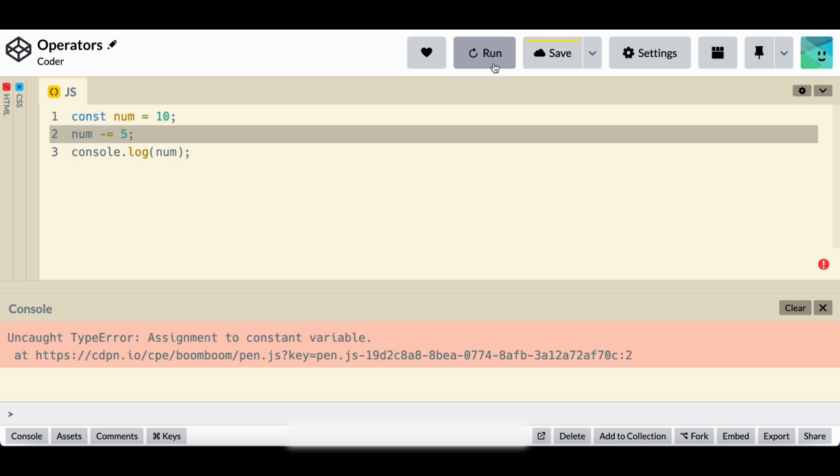In next video we'll learn conditional statements, so until then practice the different types of assignment operators